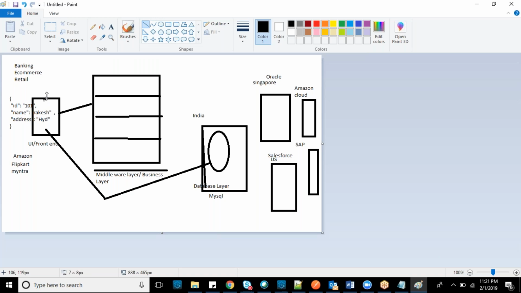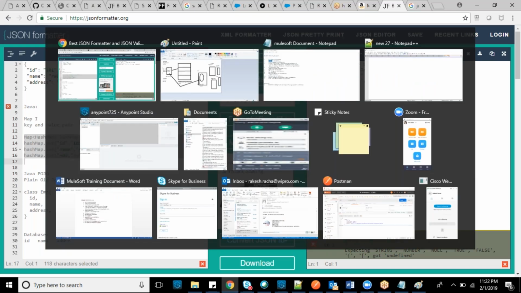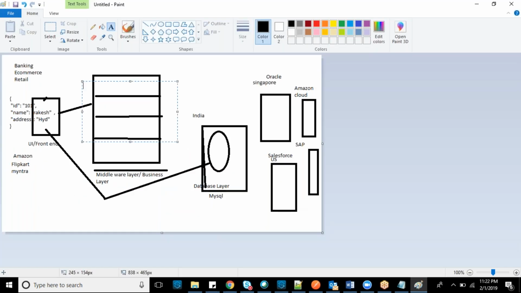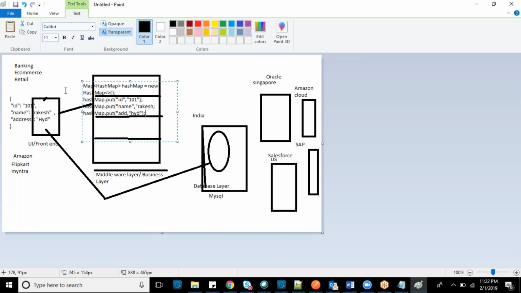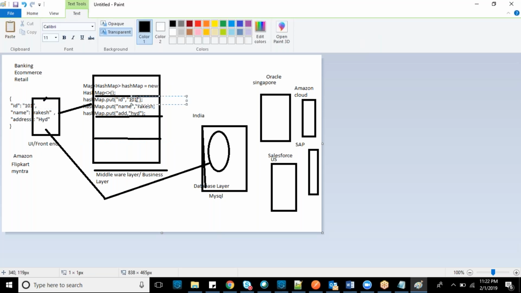Now the next step is Java. Java is nothing but maps and everything will be there. In the Java, they will read each and every attribute and they will set here actually. So this 101 I put here, right? This 101 is coming from here. They will take from here and assign here, take from here and assign here. So indirectly one object is framing with data.